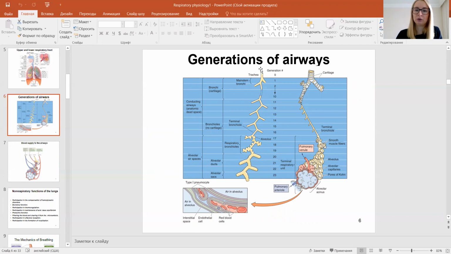As you see in this picture, the trachea is considered to be the 0 generation. The right and left bronchi are the 1st generation, and the branching is considered to be the 2nd generation, and so on and so on. So the first 16